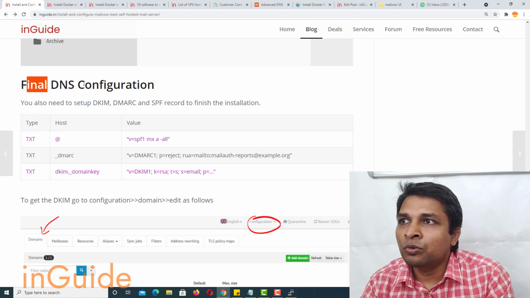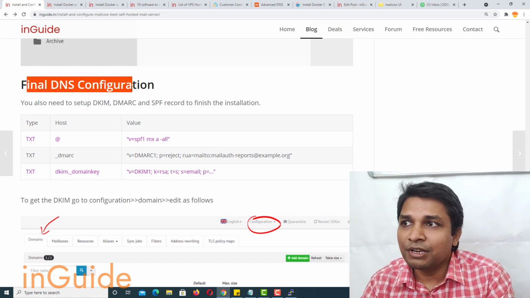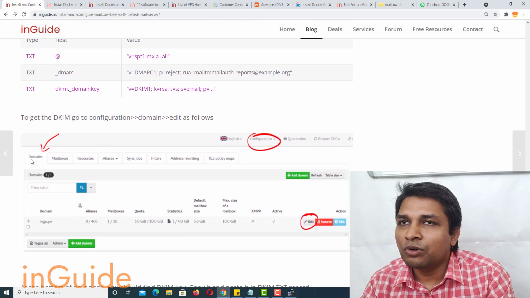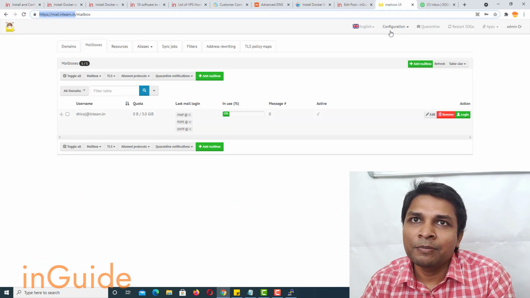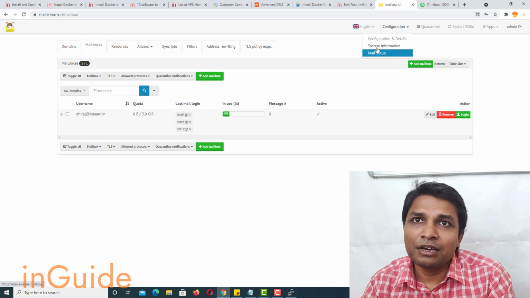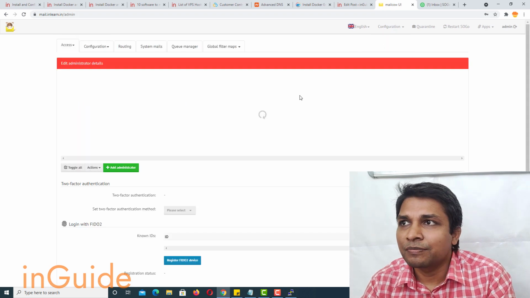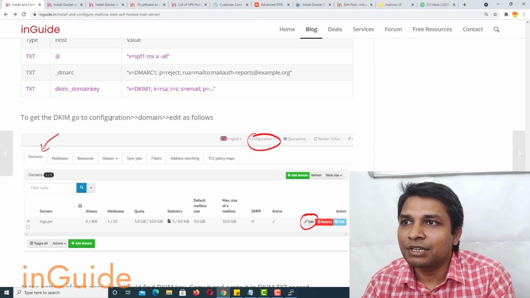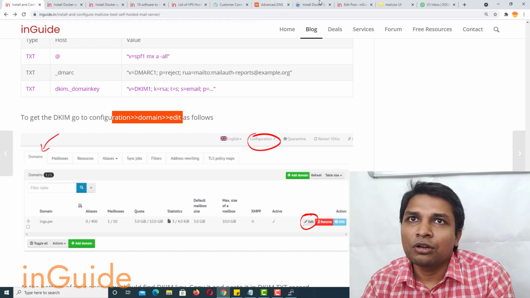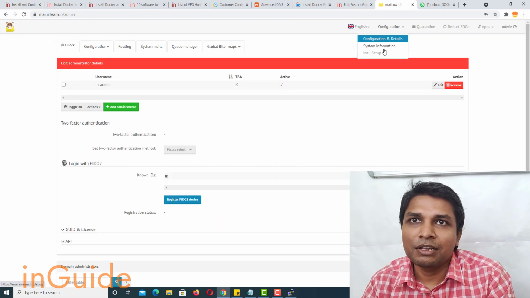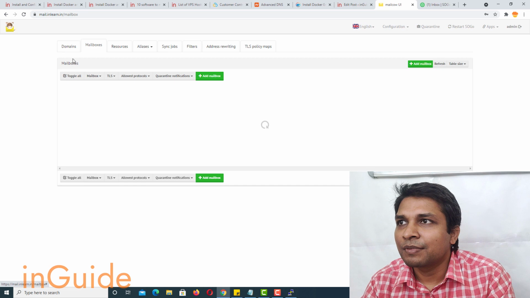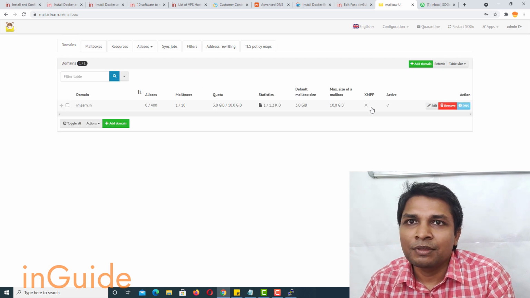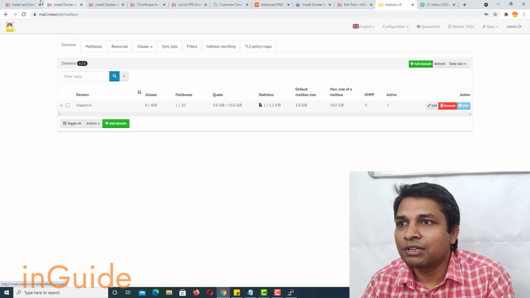Now coming back to this article, we are yet to finish. The next step is to do the final DNS configuration, and that is to add a few records, and for that you have to again go to admin and then configuration. Okay, let me check. No, you have to go to configuration and then mail setup, domain, and then what does it say?